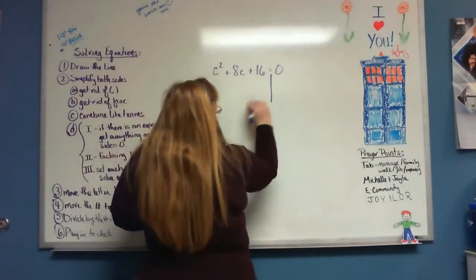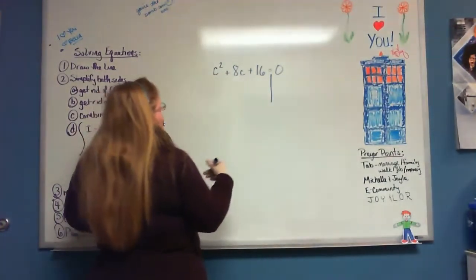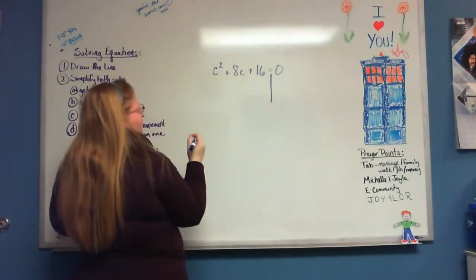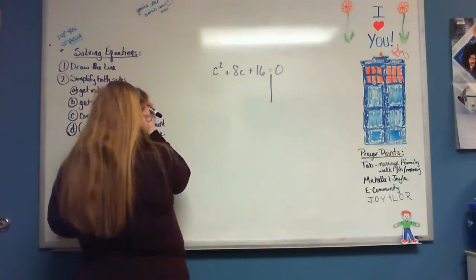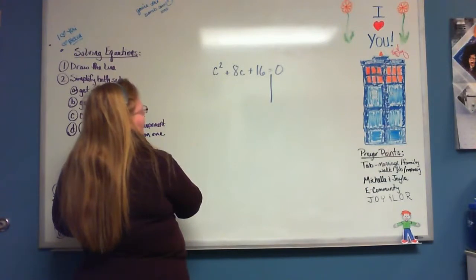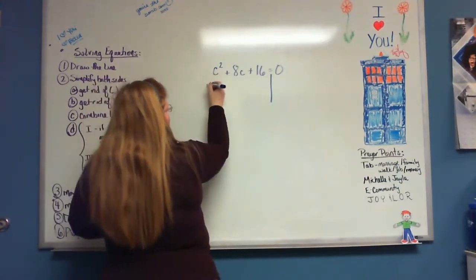On this side, I'm guessing, because you can't really do it to a 0. So on this side, let's see. Is there a greatest common factor? No. How many terms do we have? 3. What's the leading coefficient? 1. Which means